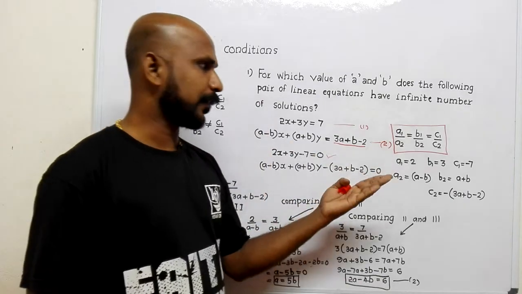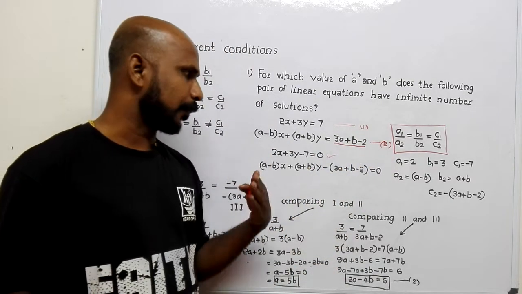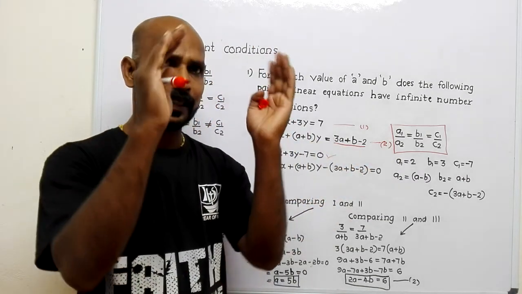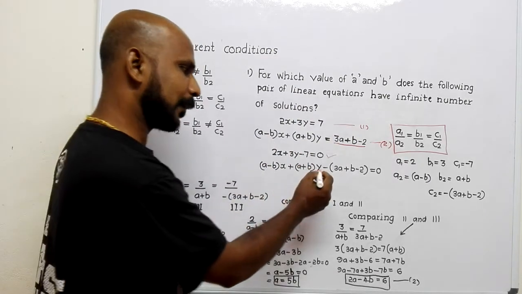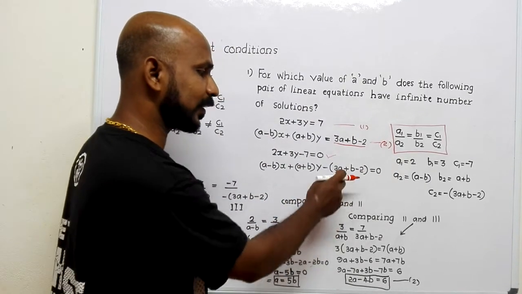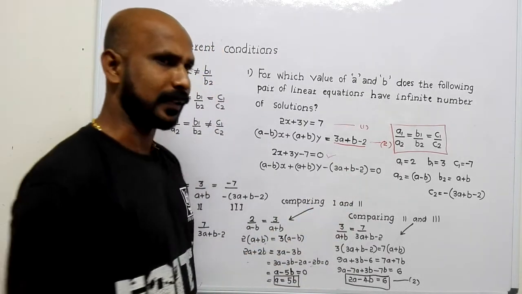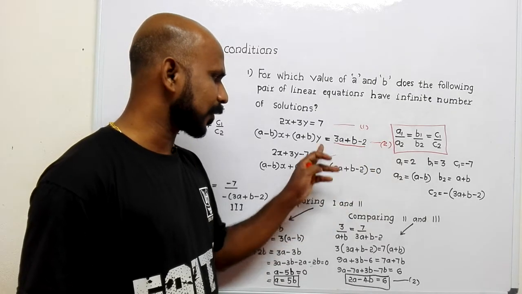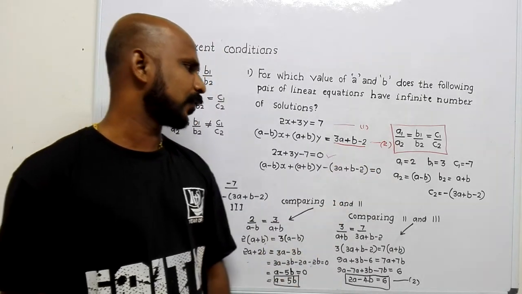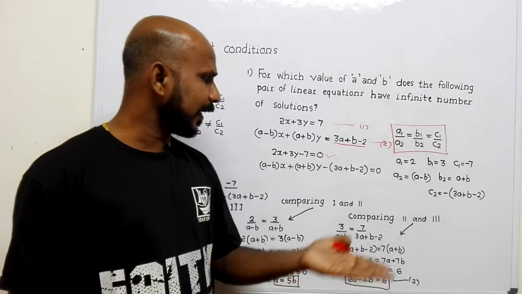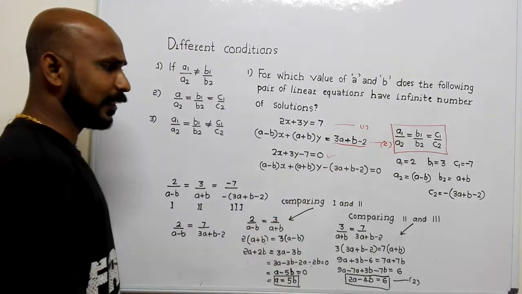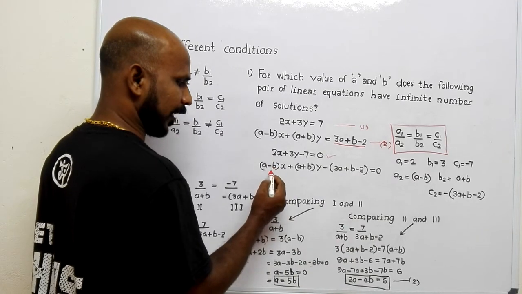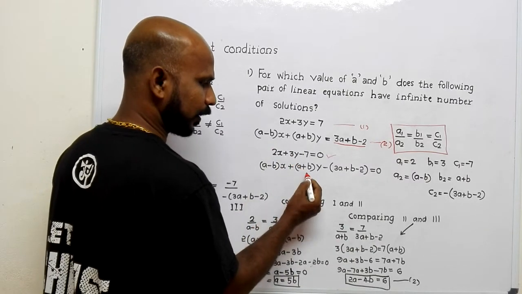First of all, we have to write everything in standard form. While writing standard form, if C contains many terms, consider them totally as C, take them to the left side and keep a common bracket. No need to change the sign, because we only kept a sign common for that. This means minus (3a plus b minus 2). Minus 2 comes here, plus 2 will be there now. So this is the main concept. What shall we do first? First of all, take everything to the left side and make the standard form. Then select a1, b1, a2, b2, c2, everything. a1 equal to 2, a2 equal to a minus b, b1 equal to 3, b2 equal to a plus b.